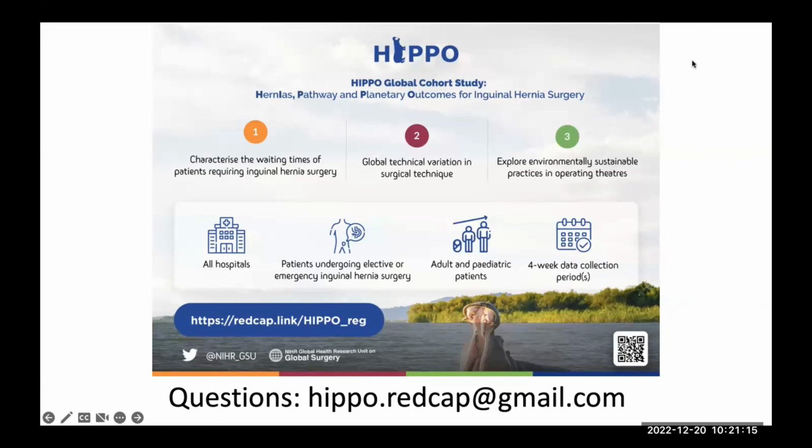No worries. But what if we get some approval from Birmingham, and those who do not have such an organization can also use the same international approval to do the study? Because this is a simple study, it's a cohort study.